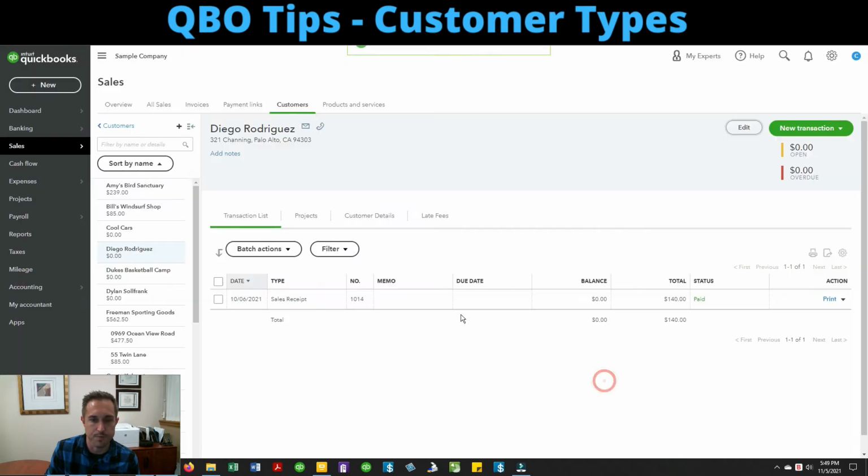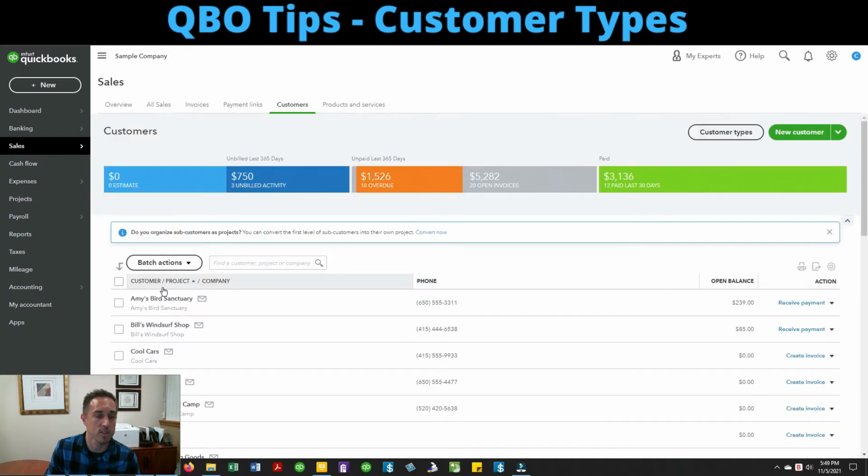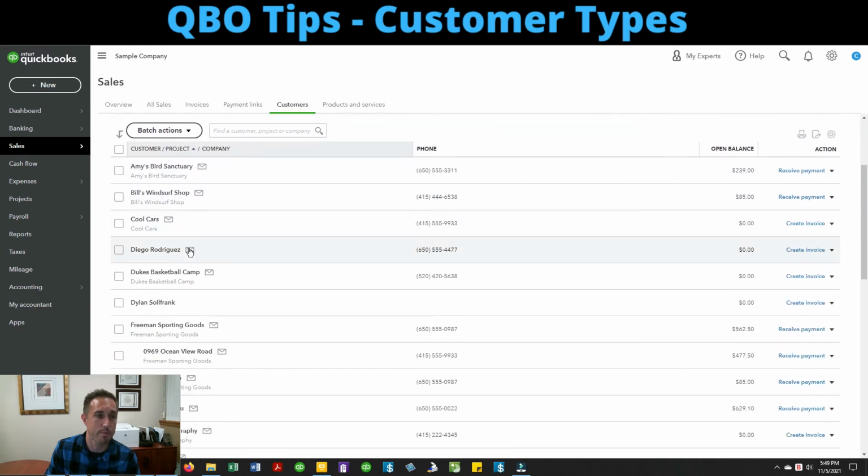Now, if I had a lot more of these to do, I'm just catching up. I haven't had list items, customer type items before, and I want to assign them. I can go back out to the customer screen, and I can actually do this in batch.